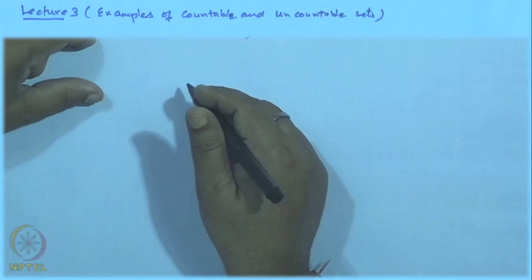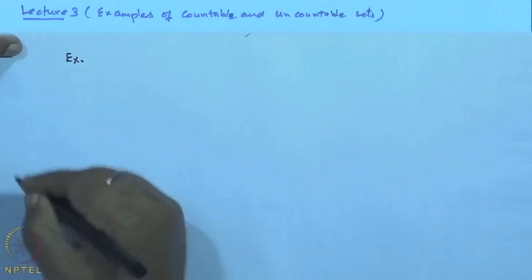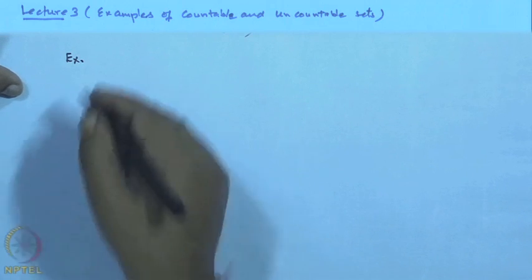So, in the previous lecture we have introduced the concept of countable sets, and a few examples we have seen of countable sets or uncountable sets. Here we will continue with the same countable sets with a few more examples. So, the first example, let us say the set of all